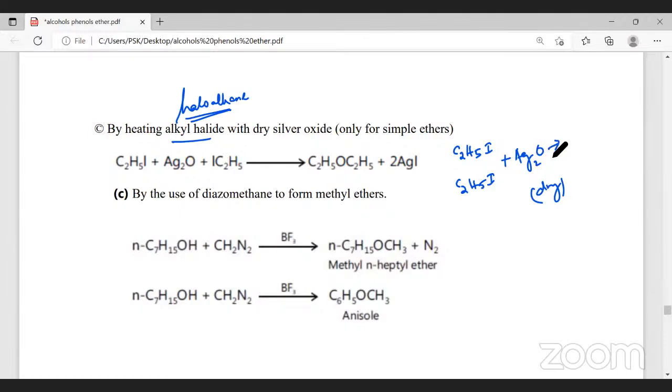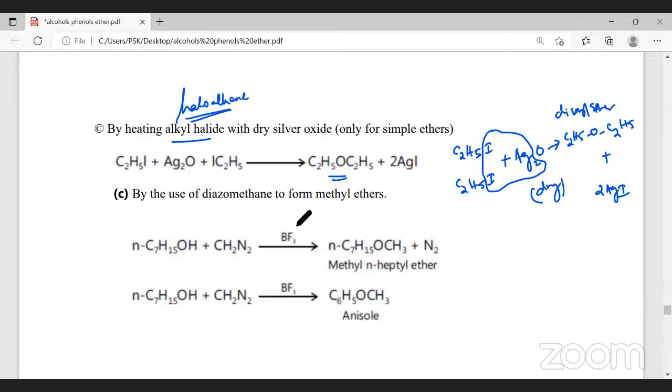When it is heated, these two iodine will react with these two silver to form 2AgI. Now, what is left out? You have C2H5, this oxygen, and C2H5. This is called diethyl ether. So this is the third method of preparing. So alkyl halides, when reacted with dry silver oxide, the product we get is diethyl ether, or ethers. The next one is by the use of